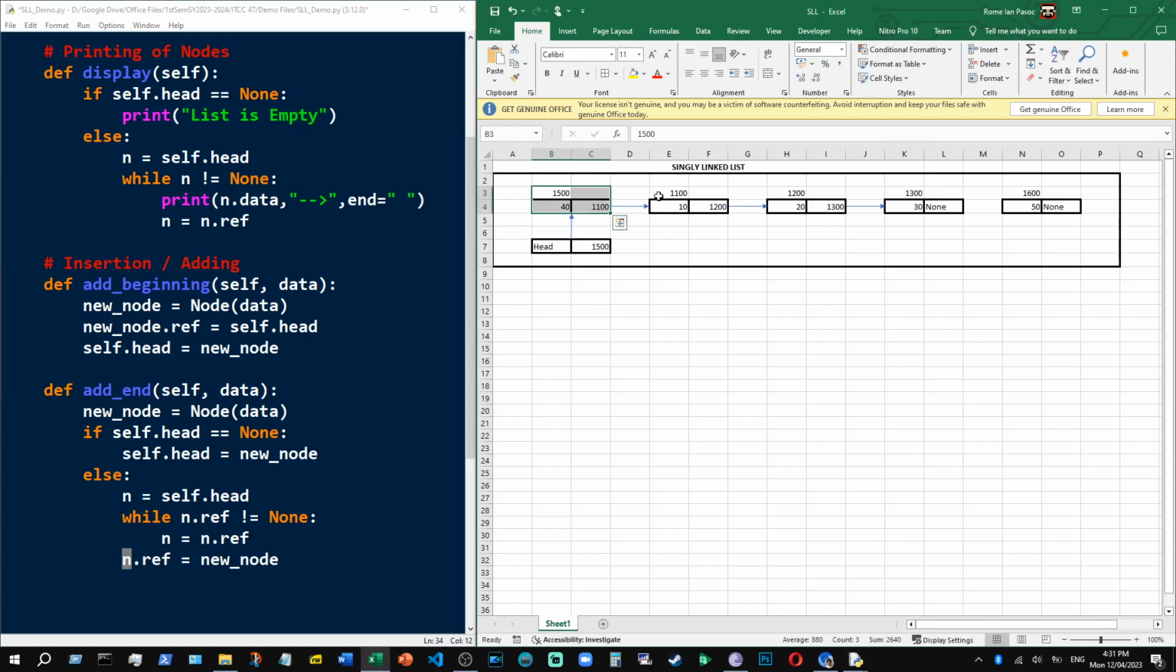It traverses from the start until the last node of that list. It stopped upon checking this. Upon checking that it's None, it stops. So the iteration actually ends here, where the value of n is 1,300. So you can say that in this example, n here is 1,300. So